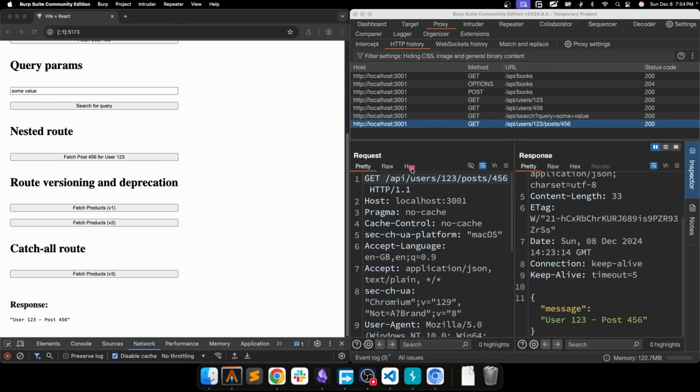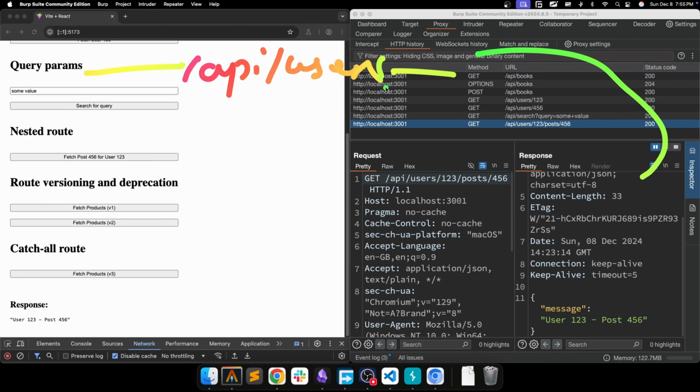We can stop at different phases here. Okay, let's see. So the first part, the static part, is /API/users. This is the static part. And this in itself is one route which we saw earlier. It returns a result, right? If we do /API/users, it will return list of all users, because that's what the handler of that match is doing, right? If we go one level deep again,